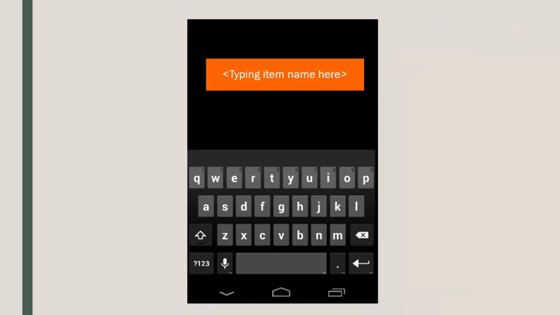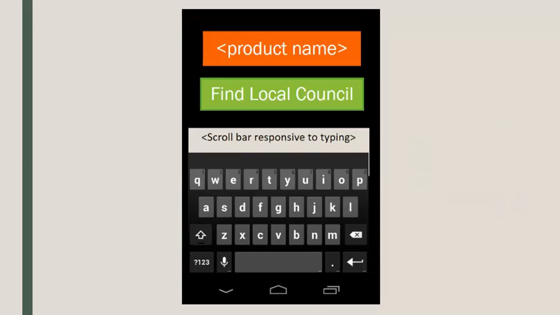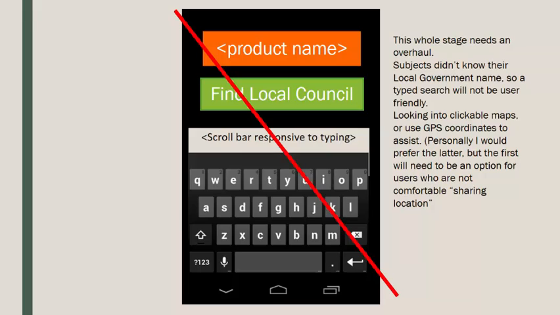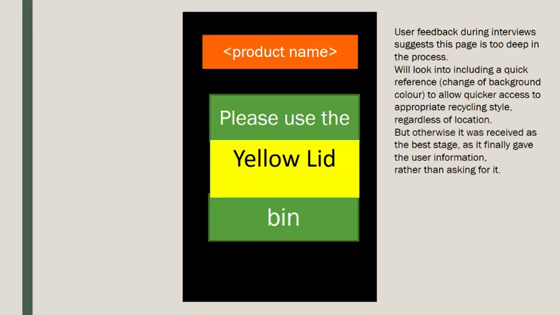After the user testing, users felt that the confirm entry button should be added to the manual entry page just to make it user controlled and finite for them. The local council page is going to get a complete overhaul, going back to using the GPS and/or an interactive map of some sort. The final page was the best received, with many users feeling that it finally gave them